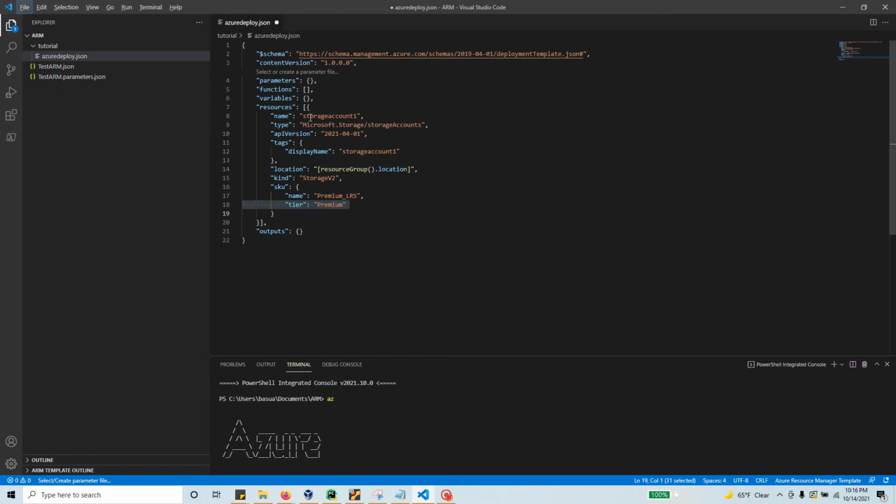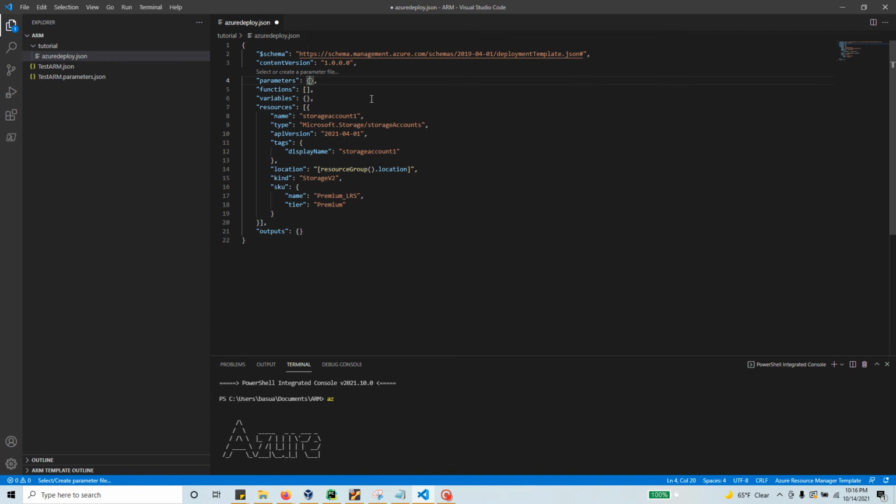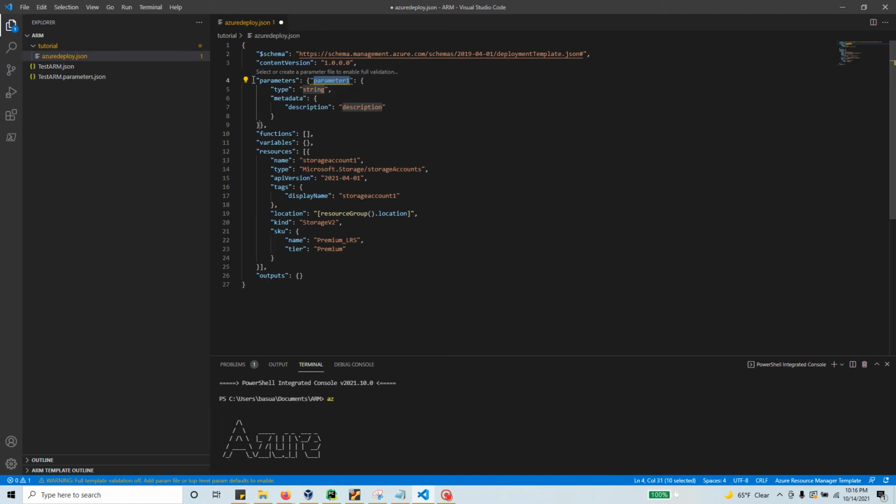Now let's focus on the parameter part. So over here, what are we going to do? We're going to create and add a basic parameter. So what we'll do, we'll just start with a quotation, and it just automatically picked up the new parameter. I'm going to click on it. So it gave me a basic template for a basic parameter,